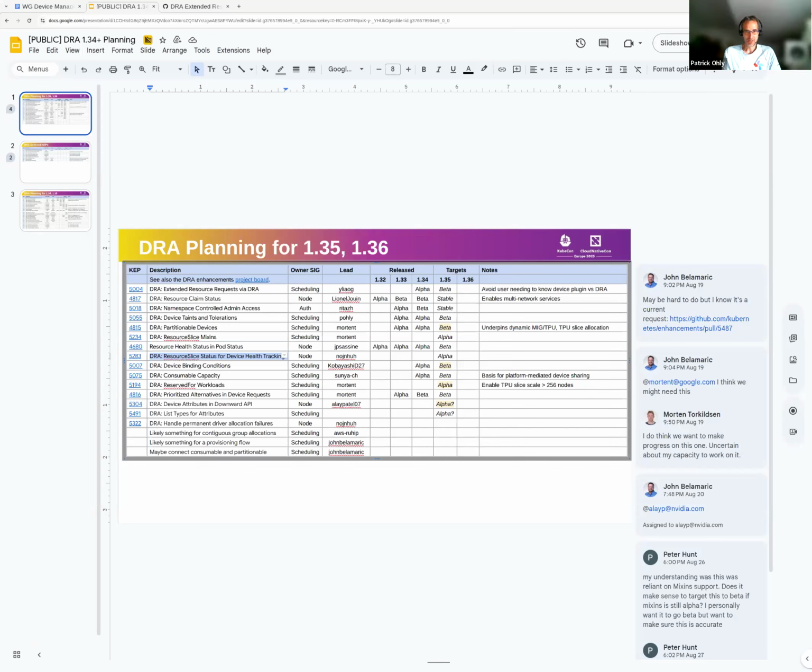Yeah, I think it all works, but it does add overhead. So that's my point. And it may be perfectly fine, because you want this feature and it's more important to have that capability in your cluster than it is to have rapid scheduling. But you can't have both, I think.